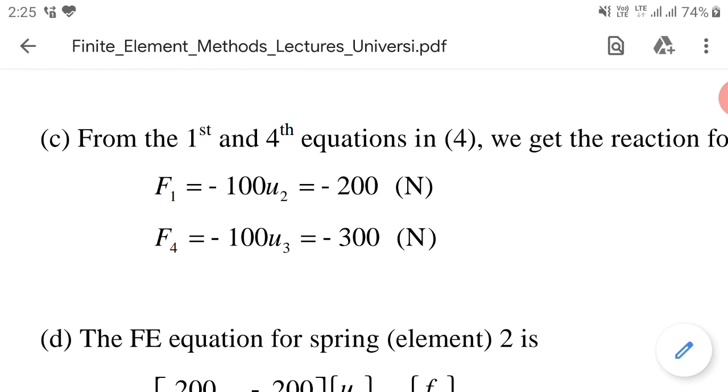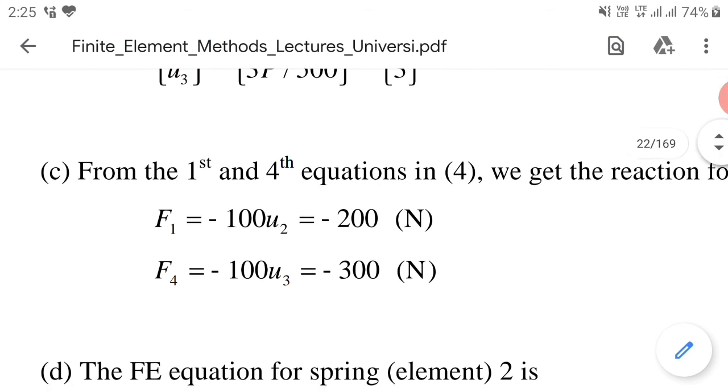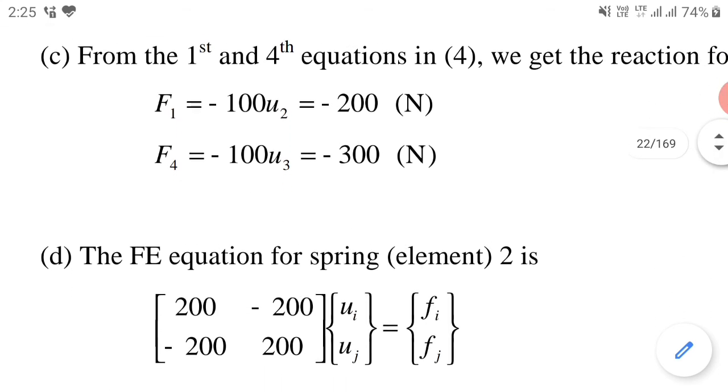F4 is also minus 100 u3. u3 is equal to 3, so it becomes minus 300, and it is also in